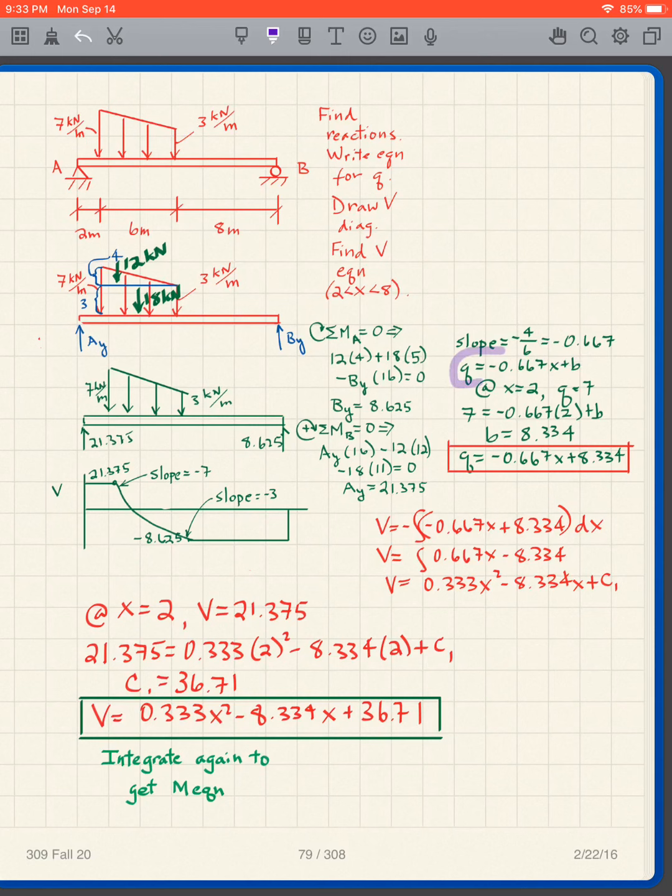And so I know that my q is negative 0.667x plus b. And then I take this point, which is at x equals 2. There's my x equals 2. q equals 7. So I plug that into my expression for q. I plug 2 and 7 into there, and I get b is equal to 8.334. So my expression for q is that. I'm now going to integrate